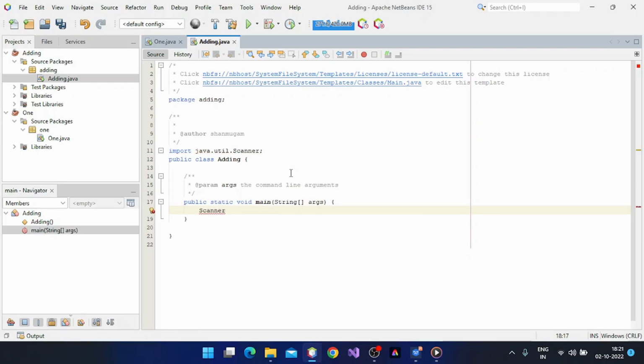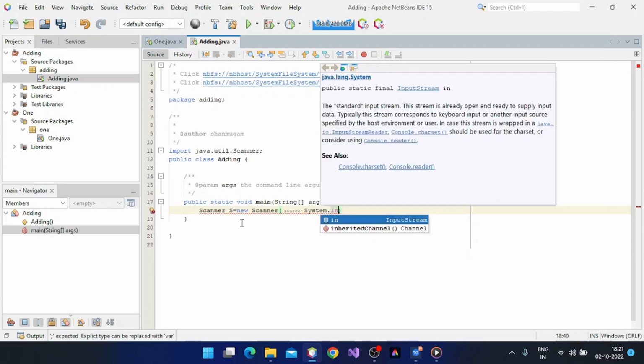We will say Scanner is the name of the class, and we will declare an s as a variable name. Now you see here I started using the Scanner and the warning is gone. Previously, if I didn't use this, you can see there is a warning. So I will say Scanner s. Once I declare a variable, it is automatically equal to new of the Scanner class, within that